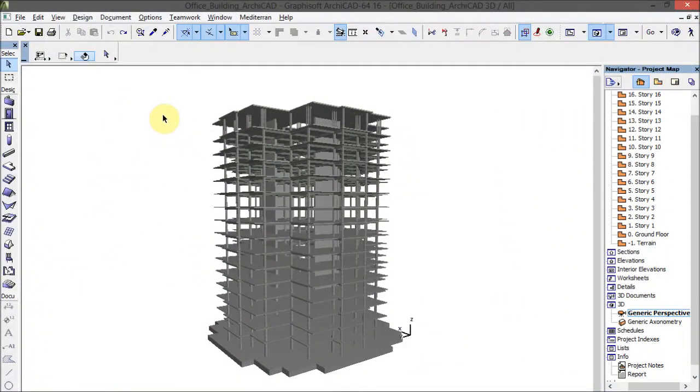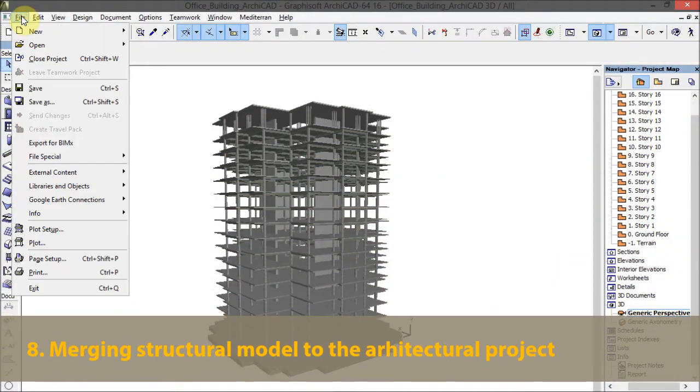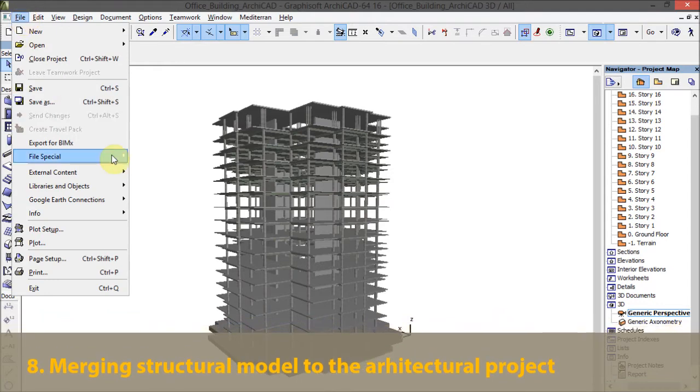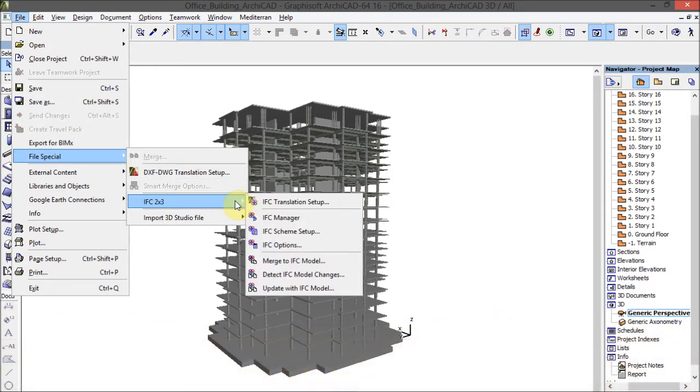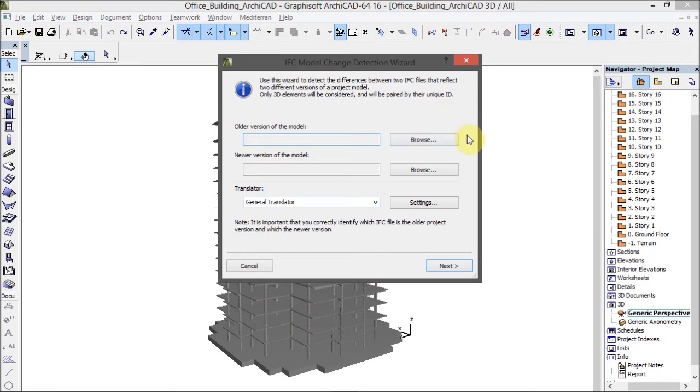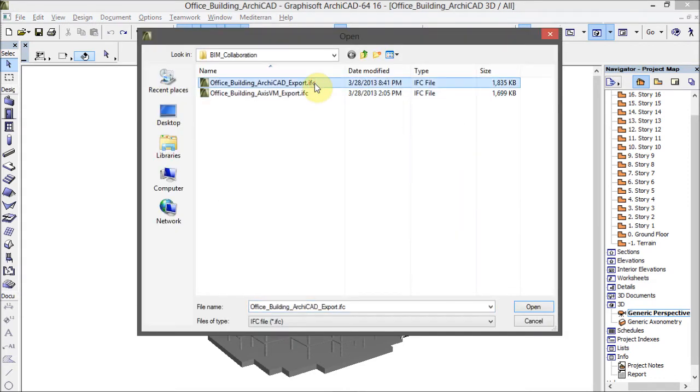Let's switch back to ArchiCAD and compare both of the previously created IFC files, representing different versions of the same structural model. We will do it in one single step. We start the Detect IFC Model Changes command. With this, we will import only the modified, deleted, or new elements from the two versions of the received IFC